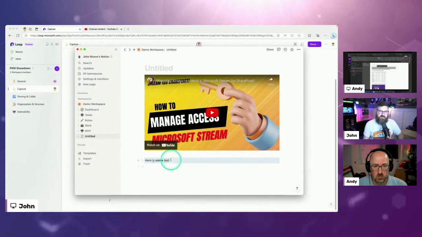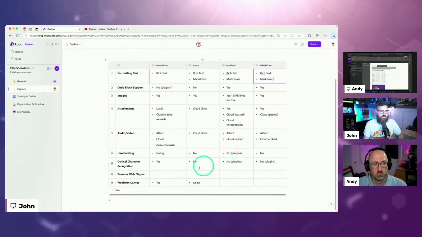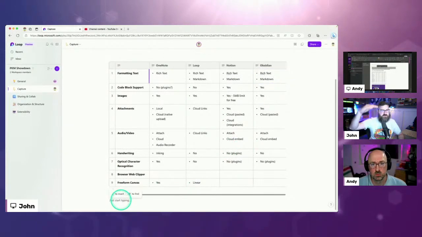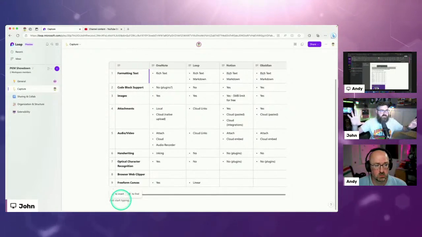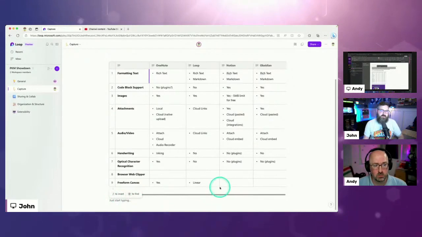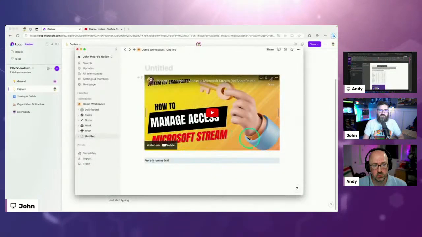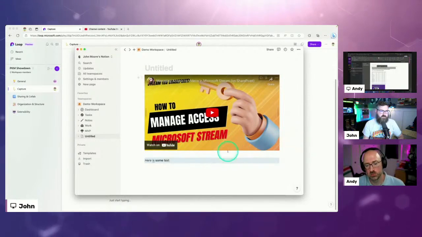Some of the structure can feel a little bit constraining at times compared to something like OneNote, where it's a free form canvas. And it's a little bit that way in Loop as well, in my opinion. It's more of a linear type of canvas rather than wherever you want, you can slap some text, which you can do in OneNote. So you can scroll as far as you want. With this, it's linear in Loop. With Notion, it's columns. You're adding new columns to a page, and it's kind of like a grid layout. So just a little bit of difference. Some people like one way versus the other.